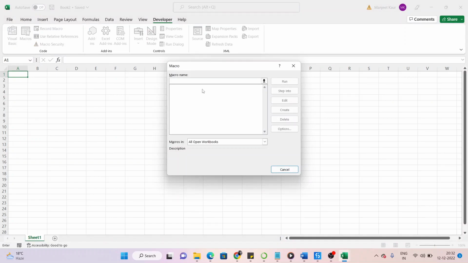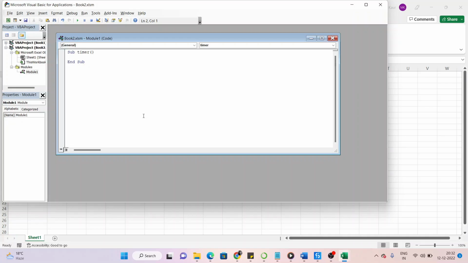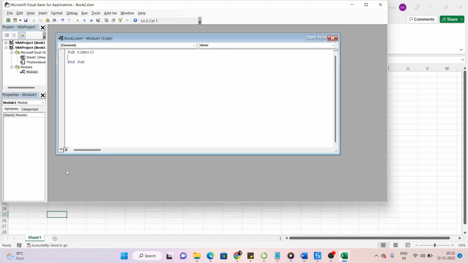Let's say we will give the name of that particular function as timer only, and then we will click on create. Now which one is the worksheet's name? The worksheet name is Sheet1. We will be activating that particular worksheet,